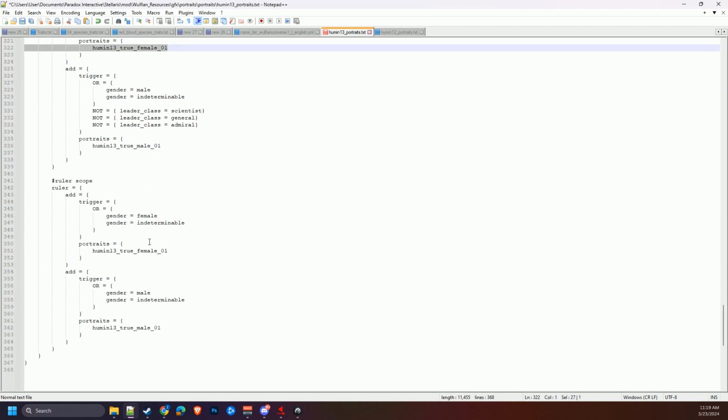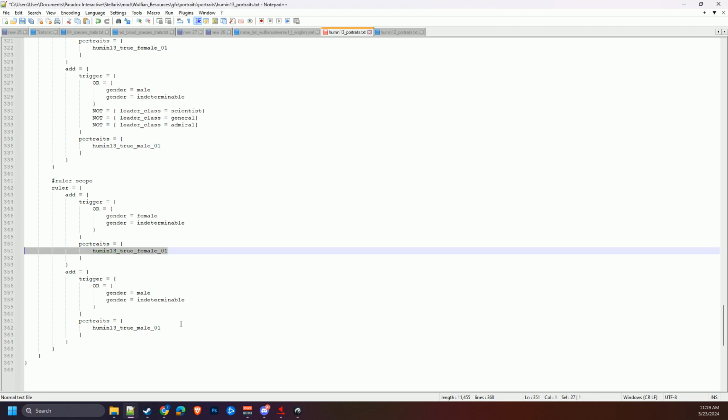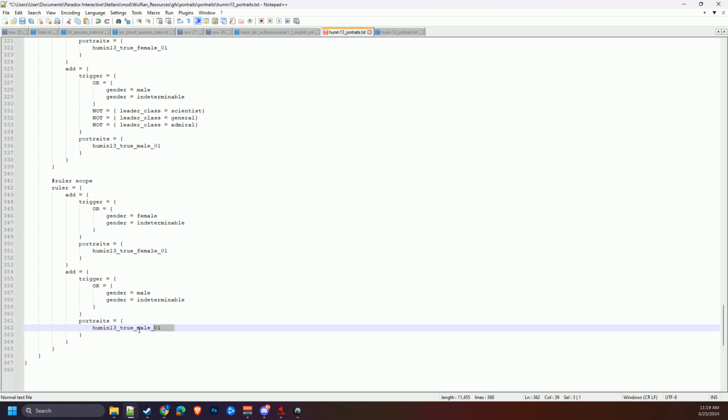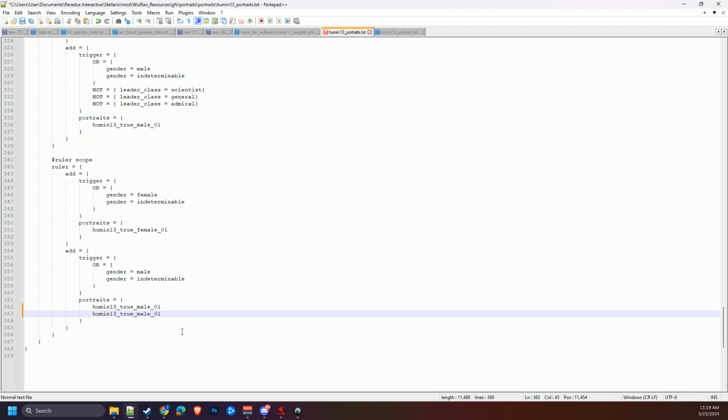Once you get all the way down, almost there, that one, and that one. Literally, like I said, you're just copying that line and then pasting it. Once you paste it, you make sure they're all 12s. They're going to appear,